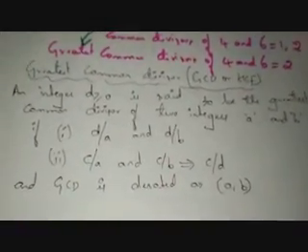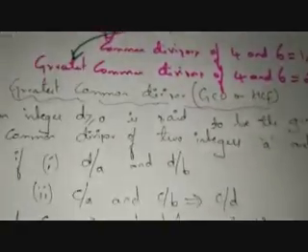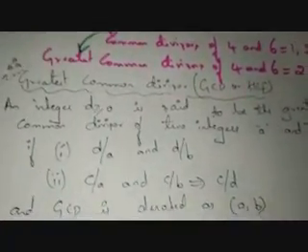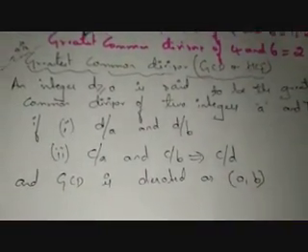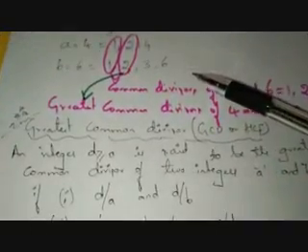This is your actual definition of greatest common divisor. So this definition is very important. They ask for 2 marks also, so you have to write it down in this form only. So let us see the meaning of this. Let us learn what actually it is. You know how to get the greatest common divisor for those numbers by getting the common divisors for those numbers. Then the greatest one is nothing but the greatest common divisor.